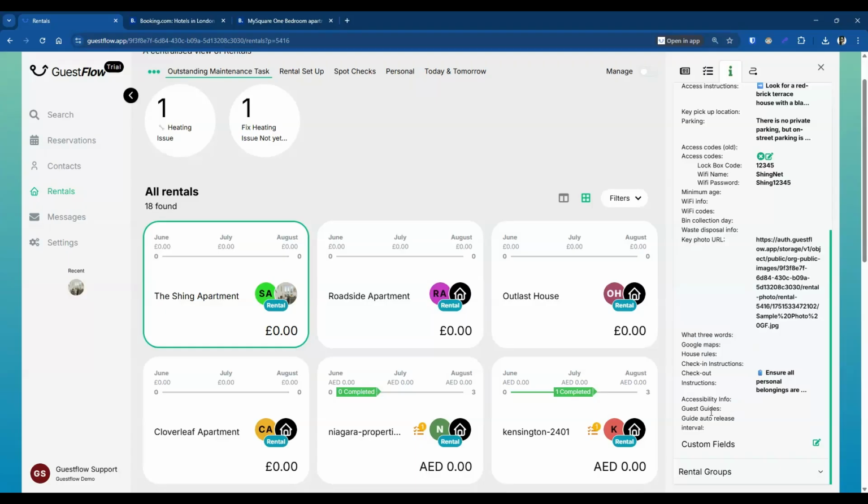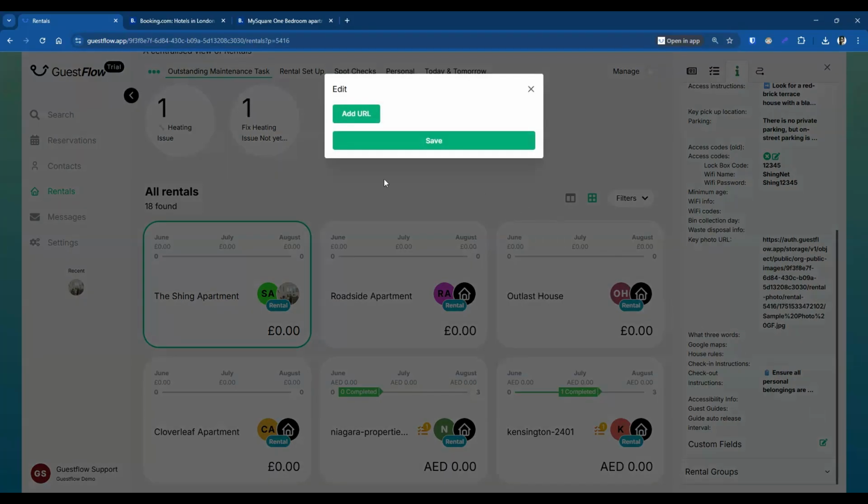Okay, so we have here the guest guide section, and all you need to do is to click on the edit button. Now it will ask you to add a URL. So it can be a URL to a PDF file, or it can actually be a URL to a guest app